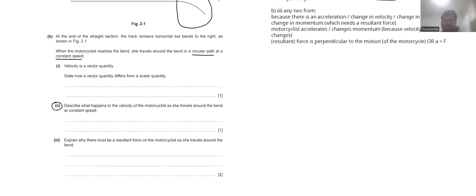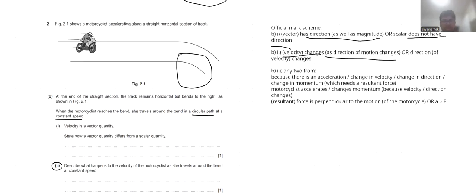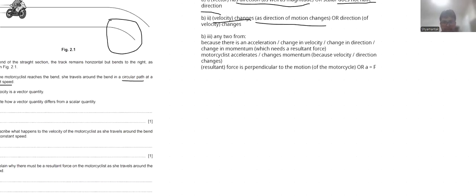Way two is the direction of the motion of the object is changing. That must mean that a force is acting on the object that is perpendicular to the motion. So there is a resultant force perpendicular to the motion. As you can see, it says acceleration, change in velocity, accelerates, velocity direction changes, resultant force perpendicular to motion, or a is proportional to F, which basically is what I told with F equals ma,